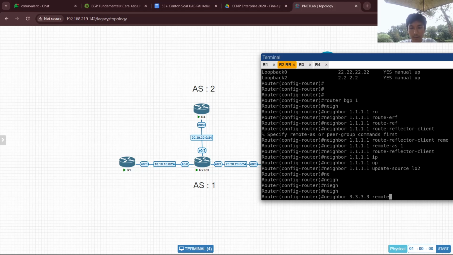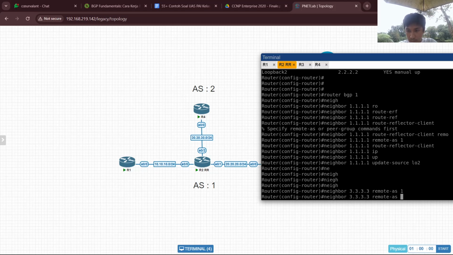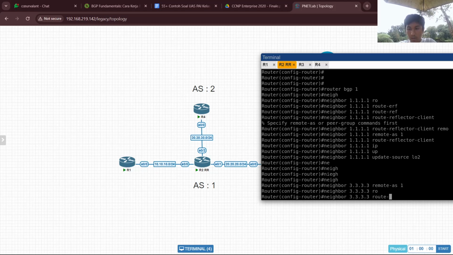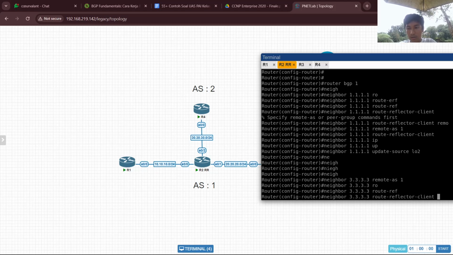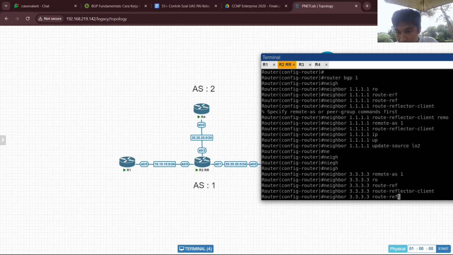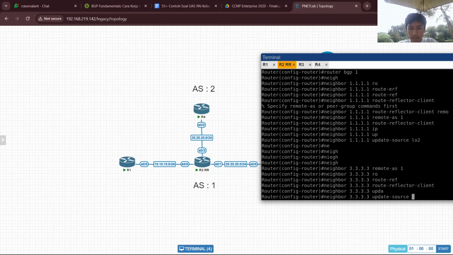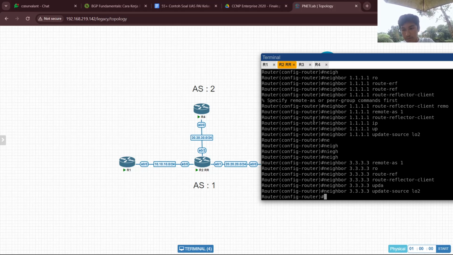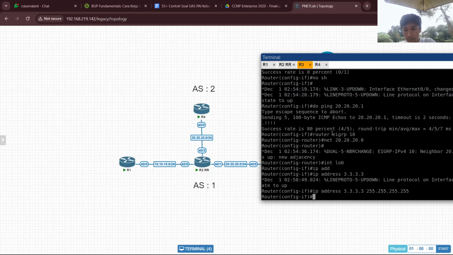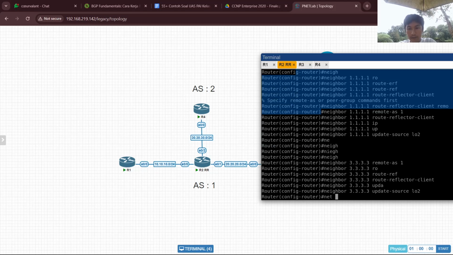Neighbor and then remote AS 1. Update source loopback 2. Oh, we add the address 2.2.2.2 and mask.